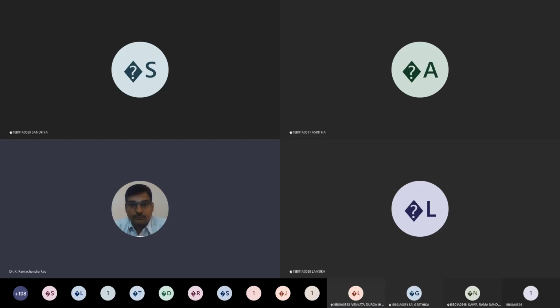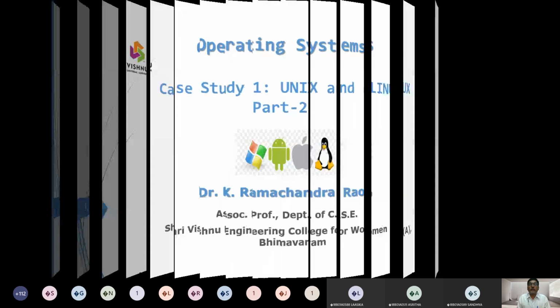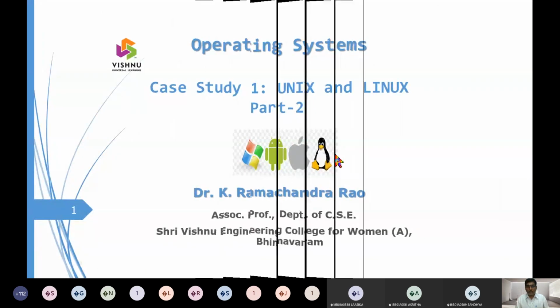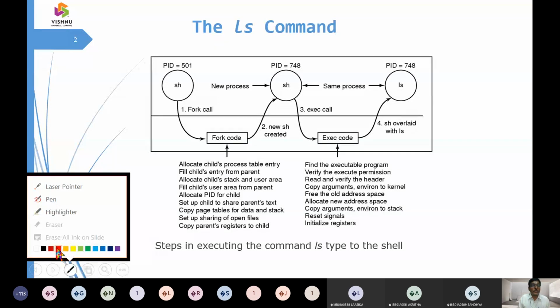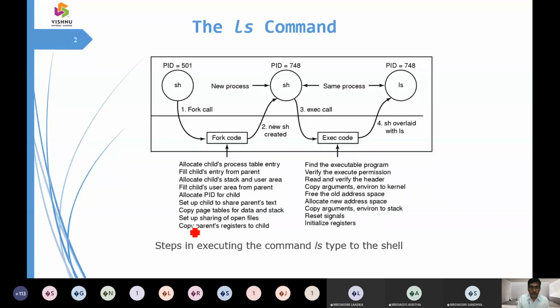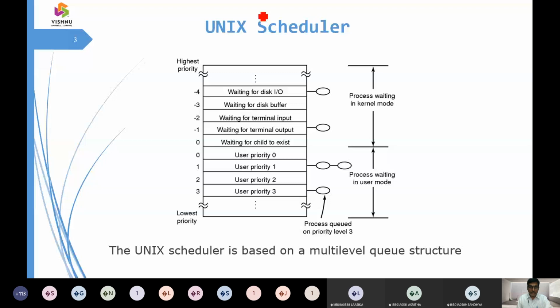So in our earlier class, we have taken up the Unix architecture as a case study. And in this Unix architecture, we mentioned the four mains, where the first one was the user, second one was the shell, third one was the kernel, and fourth one was the hardware. There we talked about how the ls command is going to work, that is, to accomplish the directory listing. After that, we were mentioning the Unix schedulers.